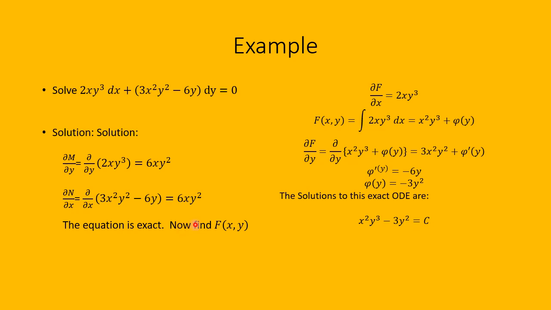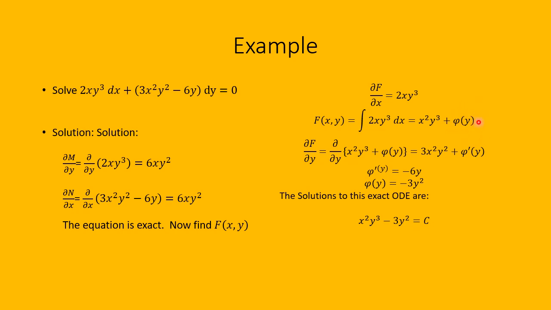So we now want to find a function f of x, y such that this factor is the partial of f with respect to x, and this factor in the second term is the partial of f with respect to y. So we let the partial of f with respect to x equal 2xy cubed. Integrate this with respect to x, treating y as a constant. So f of x, y is the integral of 2xy cubed dx, which is x squared y cubed, plus an arbitrary